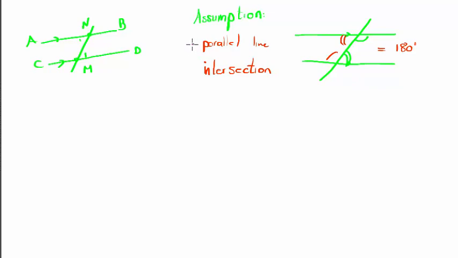But you notice that in order to understand the assumption, we first have to understand what we mean by parallel lines. What might you mean by parallel lines? It's a definition, something that we need to define. They'll never come toward each other. They will always stay the same distance apart.